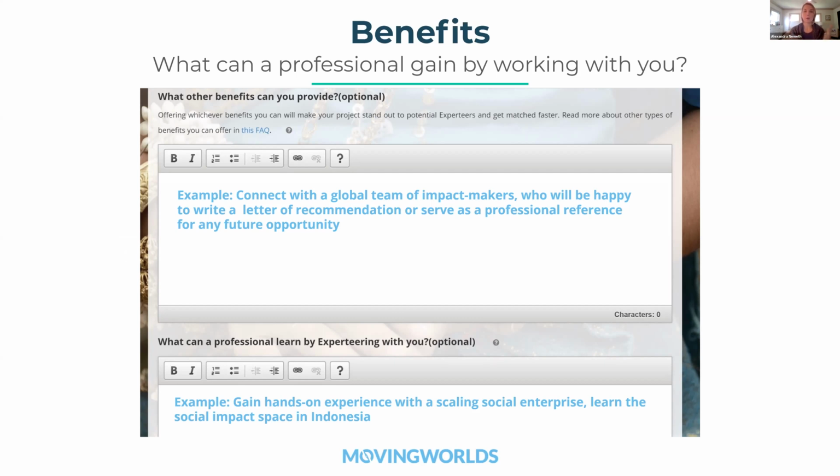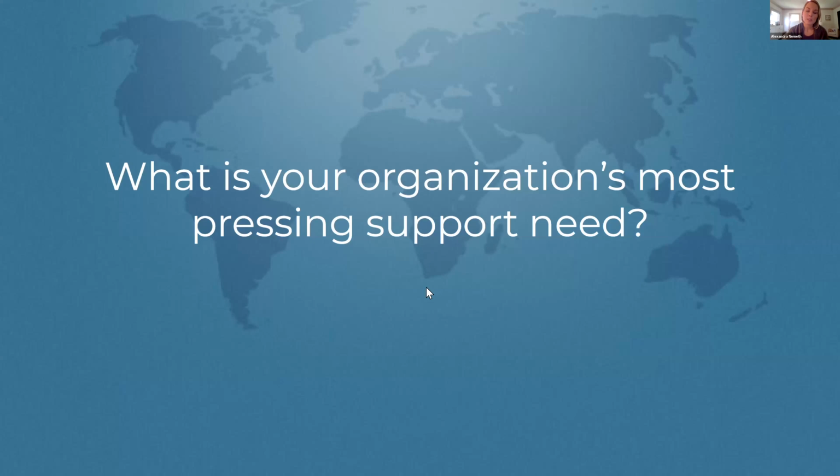I think for every organization on this call, getting hands-on experience with a scaling social enterprise is incredibly valuable from the experteer's perspective, and something unique that you can offer without allocating additional resources in terms of finance or anything like that. So, yeah, that's